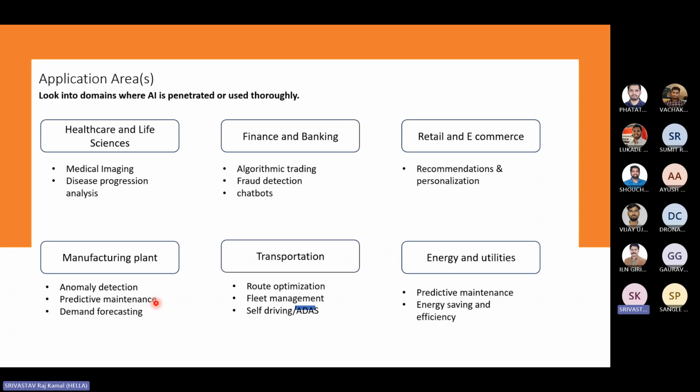For example, a recent kind of solution is that you create a solution in such a way that you are able to tell preemptively that this part is going to be scrapped after n number of days. So you start doing predictive maintenance. You are helping supply and demand figure out how many parts are going to fail, how many parts are going to be scrapped in the future.